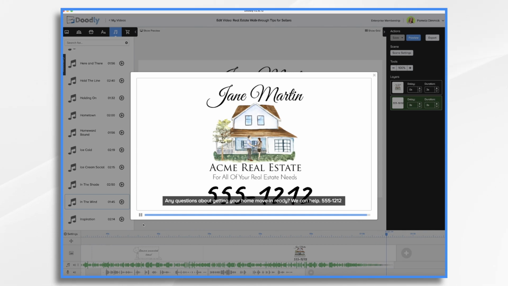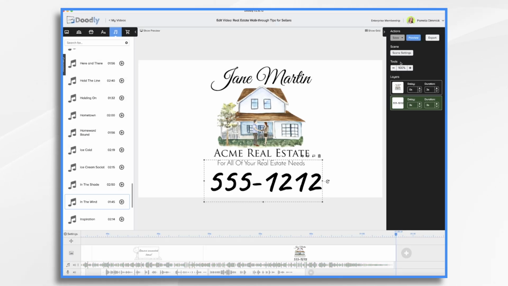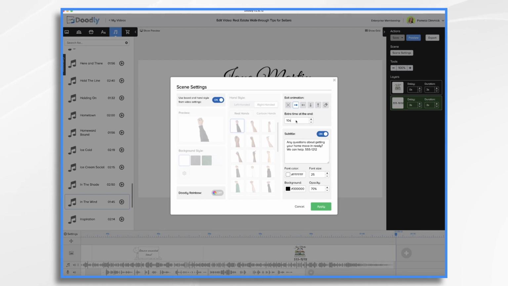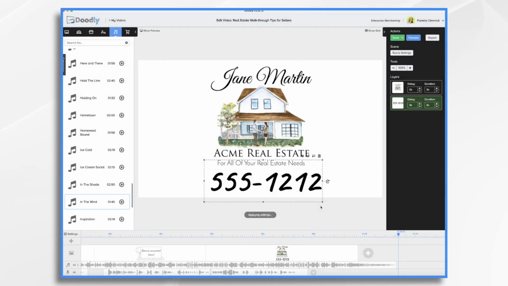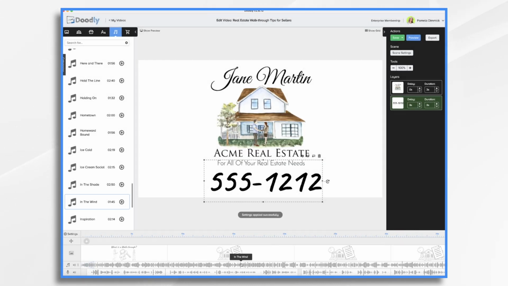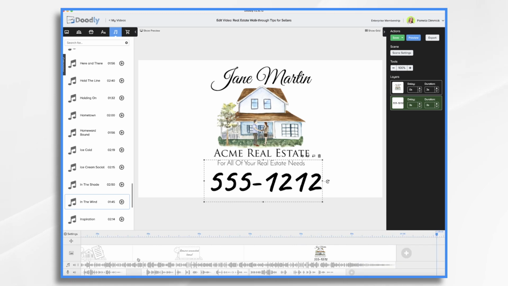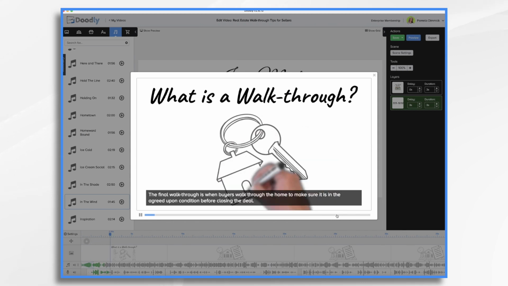I think I maybe have it a little long on the ending. So I am going to just trim it a little bit. That was too much. So let's make it 6 seconds. And then we'll trim here at the beginning with this music. Like so. A little bit more. And that's fine. And then this preview, we'll just jump to the final walkthrough is when buyers walk at